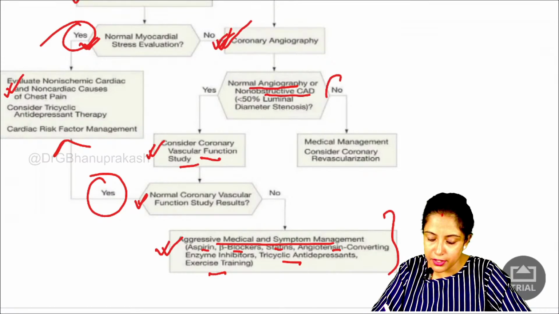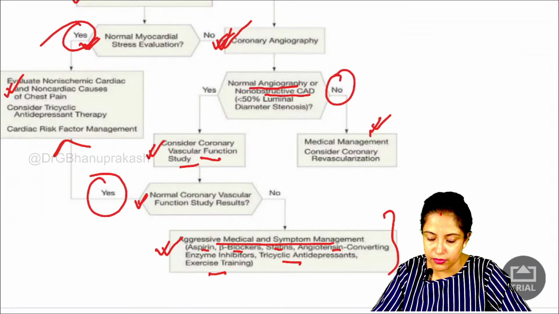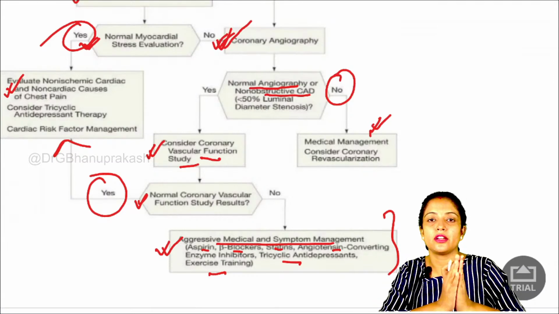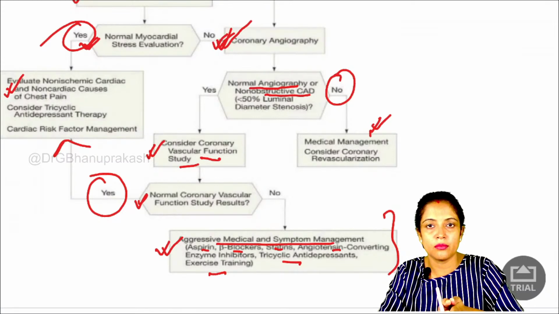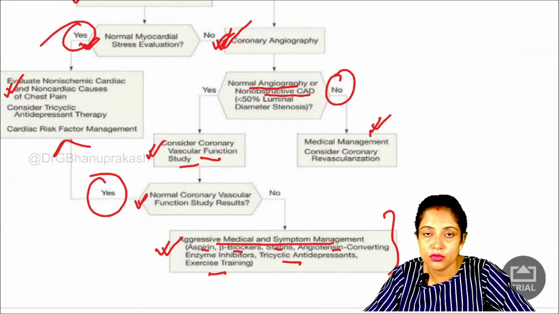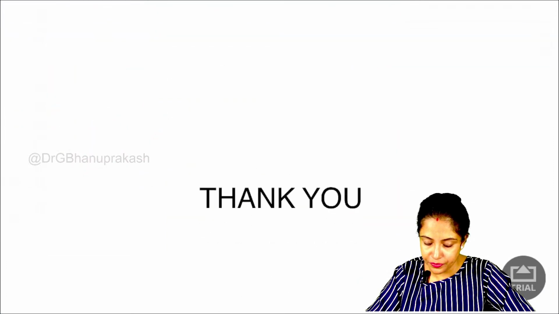And if the angiography is not normal, the patient may need revascularization, or a conservative strategy may be sufficient for the patient. Just remember, for microvascular angina, angiography will be normal. The acetylcholine challenge will be normal. Only the stress testing will be abnormal. This is how you can diagnose microvascular angina, and you can ensure that the patient does not develop future cardiac events.